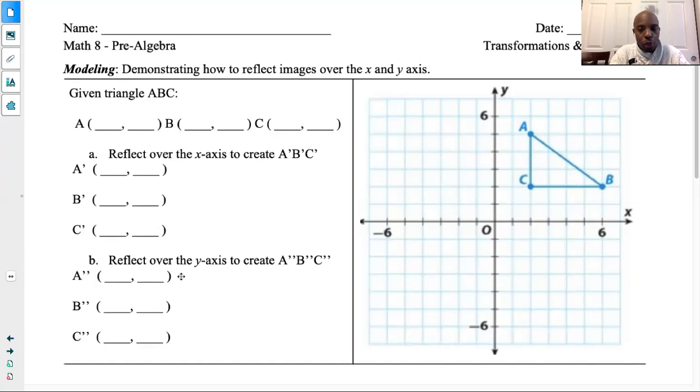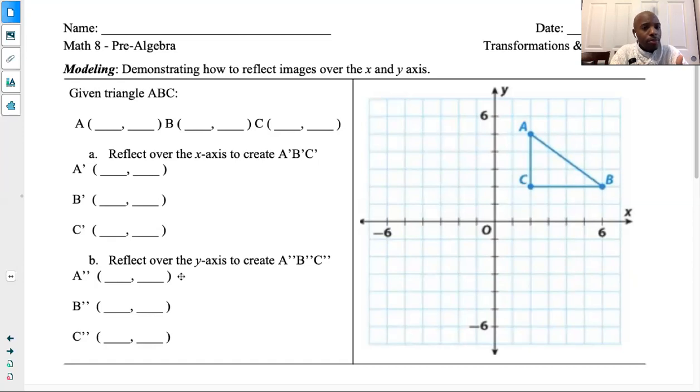For you, I already gave you all the coordinates for your images, so you don't have to worry about the coordinates of the pre-image because I gave them to you. But you have pictures as well, so you can always identify them. You need to be able to reflect it over the X. Now, why am I showing you the picture and asking you to identify the points of the 2 other images? The reason is maybe when you printed this,